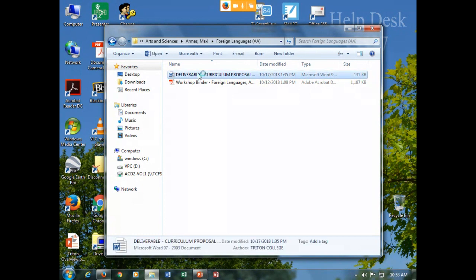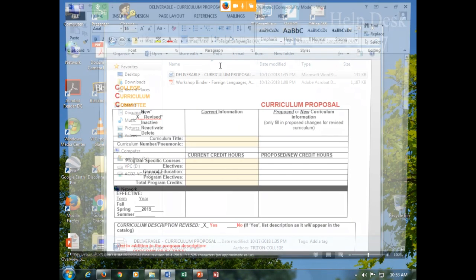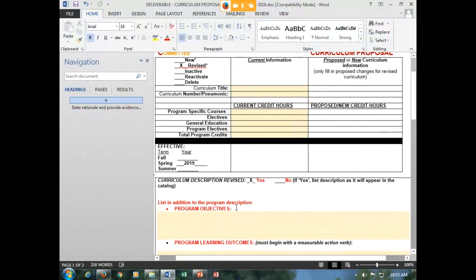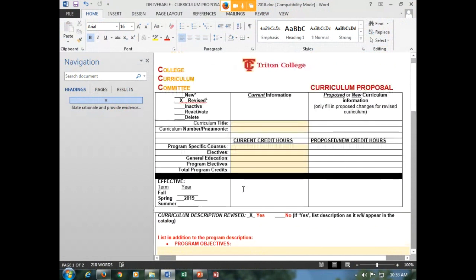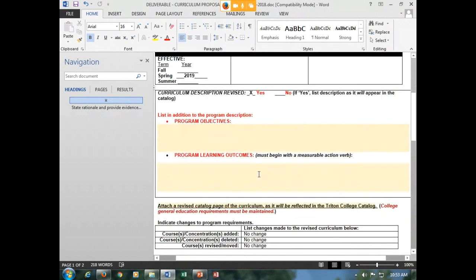This is the curriculum proposal form that's going to be the end deliverable for you for this part of the stipend. This is the revised curriculum proposal form that includes the place for program objectives. Pamela has filled out as much of this draft document as possible. The areas that are highlighted are the areas that you need to fill out. Most of this information, other than the program learning outcomes, should be on your existing curriculum proposal form that you can access through the curriculum website.